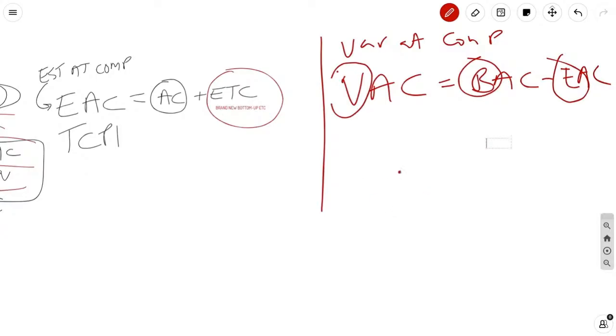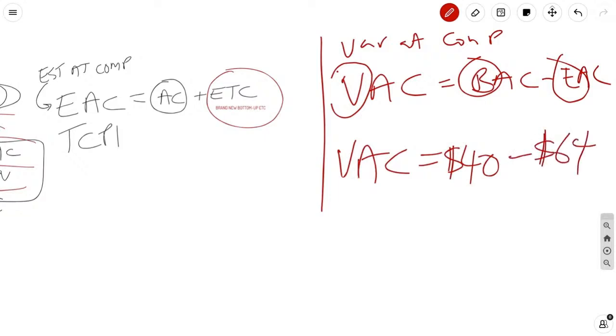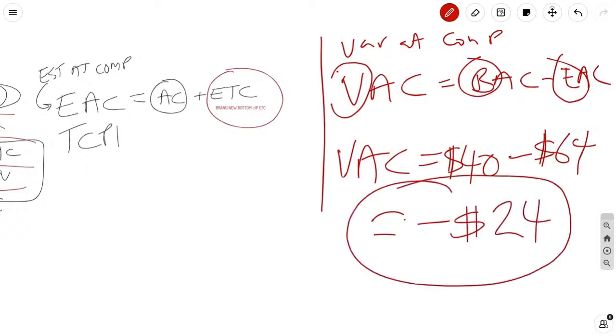Now, if that's the case, just looking at our original example, let's say we go with a higher number. We can say the variance at completion is going to be that $40 that we estimated in the beginning, the original budget at completion, minus 64. Let's just say we go with 64 for worst case scenario, $64. Then you're going to have a negative variance. Your variance at completion is going to be minus $24. And these are the numbers management wants to know in advance, especially on big aerospace projects, government projects, which is why earned value is used.